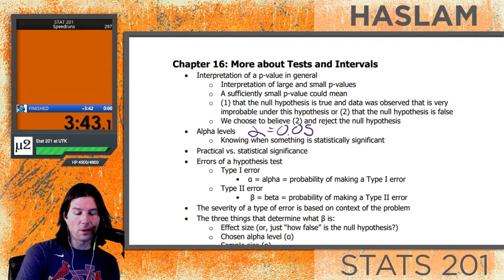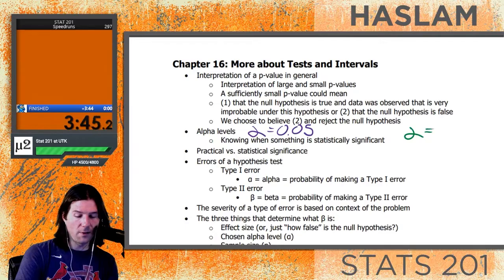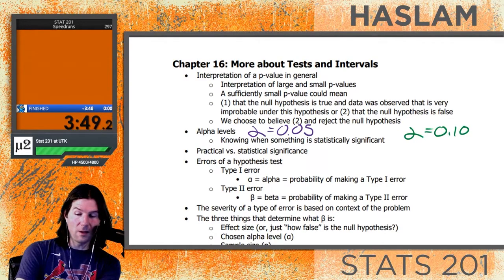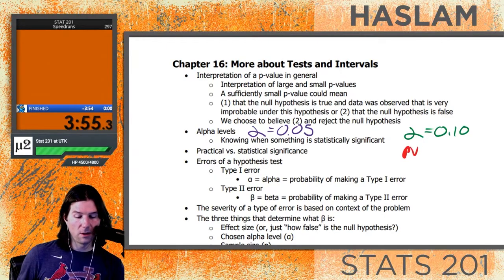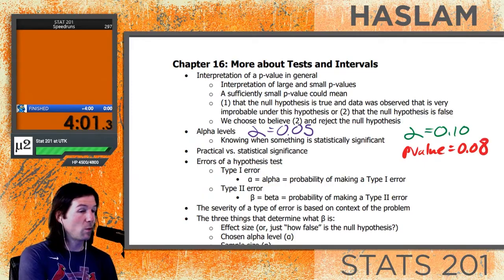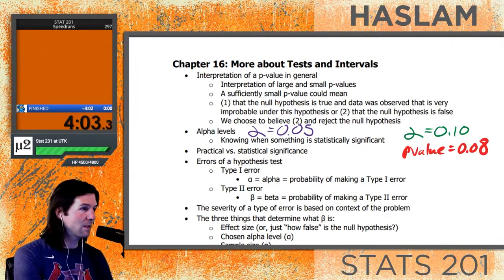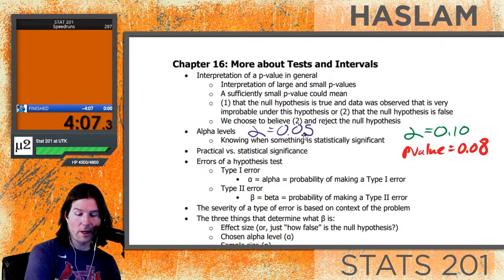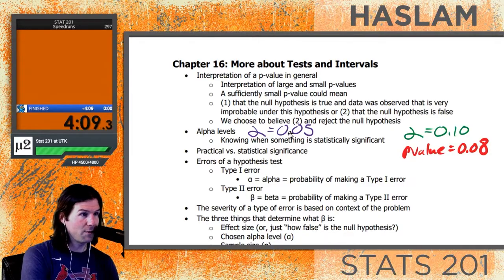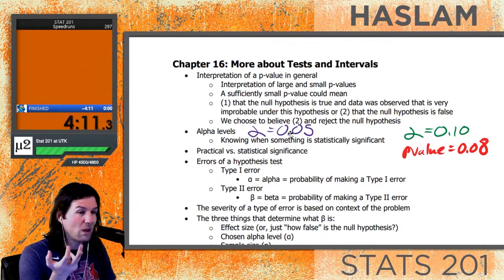So you have to be very careful because we could say in a problem, use an alpha of 0.10, and maybe you get a p-value here. Let's say you get a p-value equal to something like this right here, and let's write p-value next to that so it doesn't look like proportion. Now, in many instances, we would not reject the null here because classically alpha is 0.05 unless stated otherwise. So by default, alpha is this. Like if we don't say anything, assume 0.05.